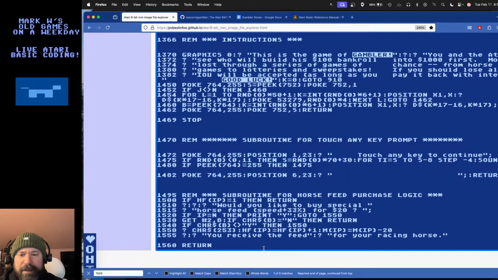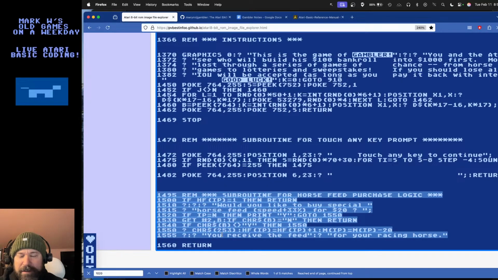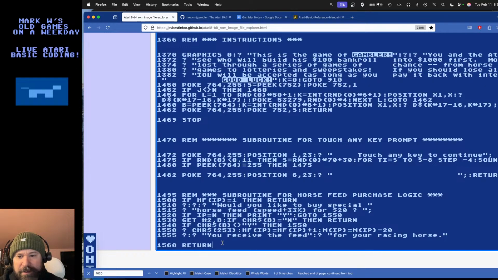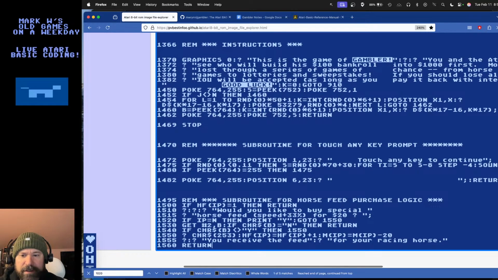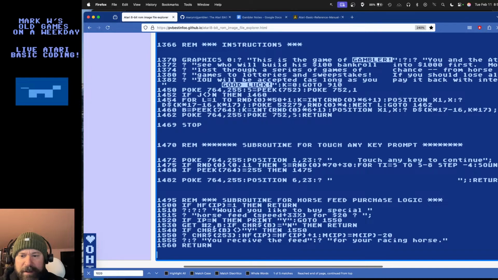In most modern programming languages, you would say, this is my function. It's a well-defined thing. It starts here, it ends here, it has a name, but in BASIC, at least on Atari BASIC, it's kind of this big blob. There is such a thing as functions in other versions of BASIC. But we're going to start at the very end here at 1570, and we'll say remark